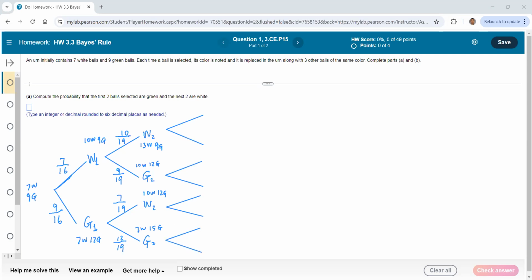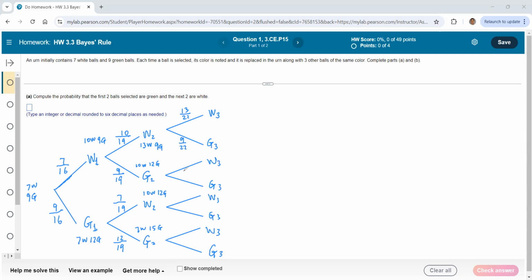I hope we have space to finish 4 steps. W3, green 3, Y3, green 3, Y3, green 3, Y3, green 3. Okay, so now we have